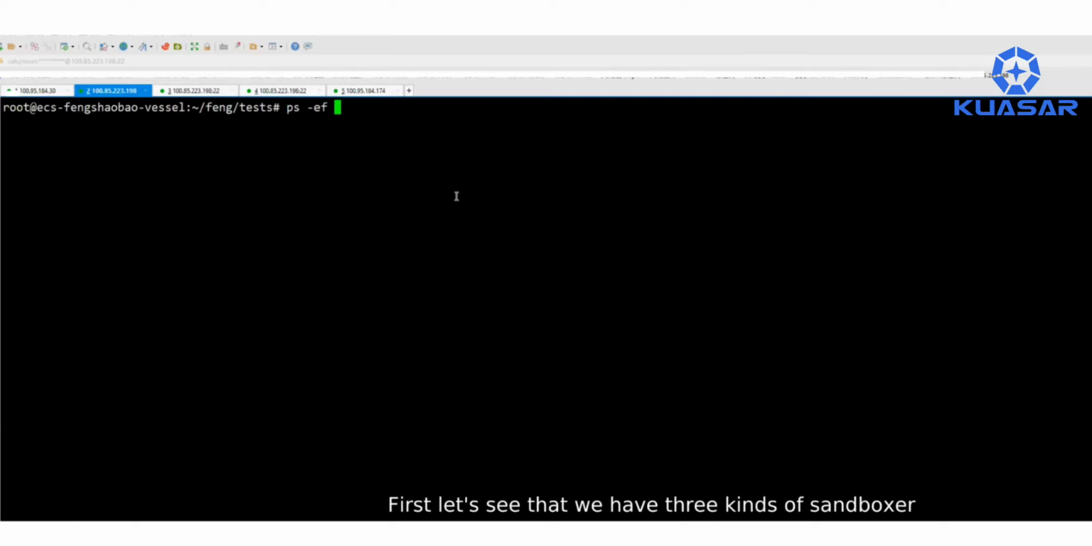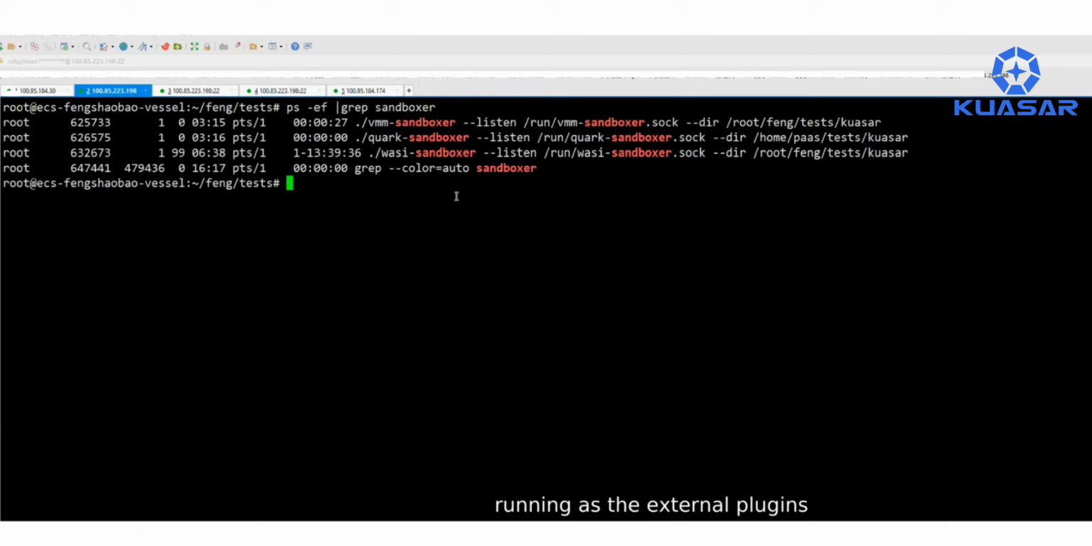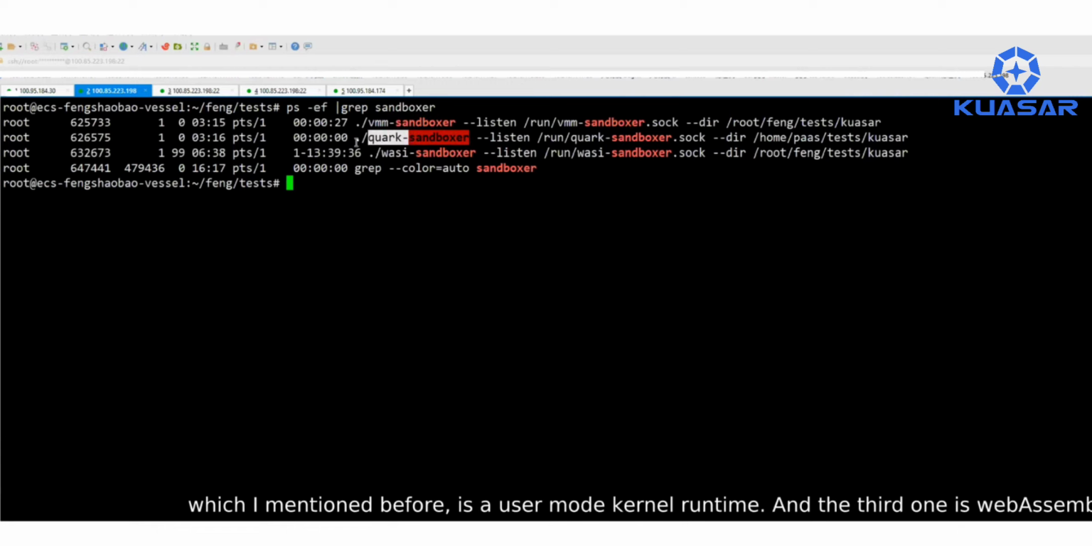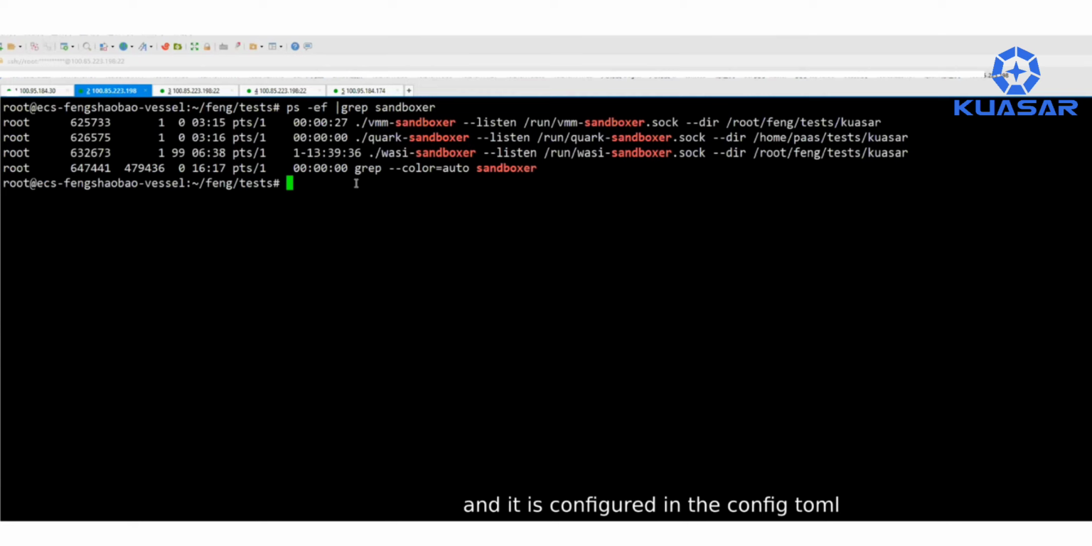First, let's see that we have three kinds of sandboxes running as an external plugin on the host. The first one is hypervisor, and the second one is Quark, which I mentioned before is a user mode kernel runtime, and the third one is WebAssembly. And it is configured in the config.toml